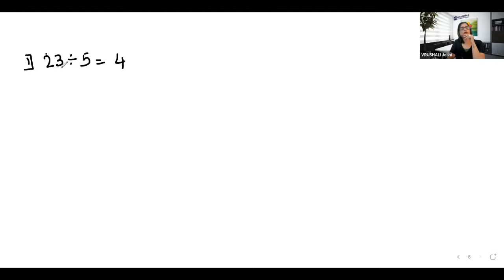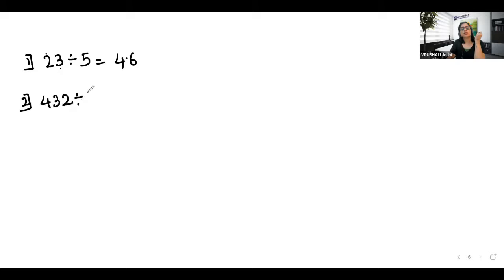2 double 4, 3 double 6. We know there is a 10 and there is no 0. So you will just put a point here, 4.6. Is everybody aware of what to do here? It's an absolutely quick answer. You don't have to even think twice about it. Definitely the answer is going to be correct. Okay.